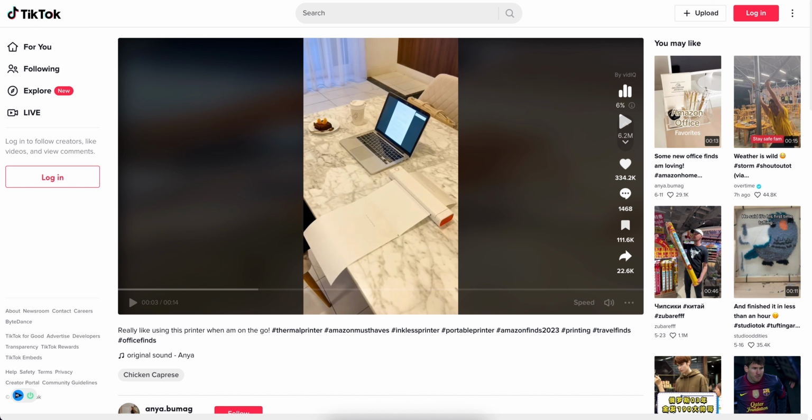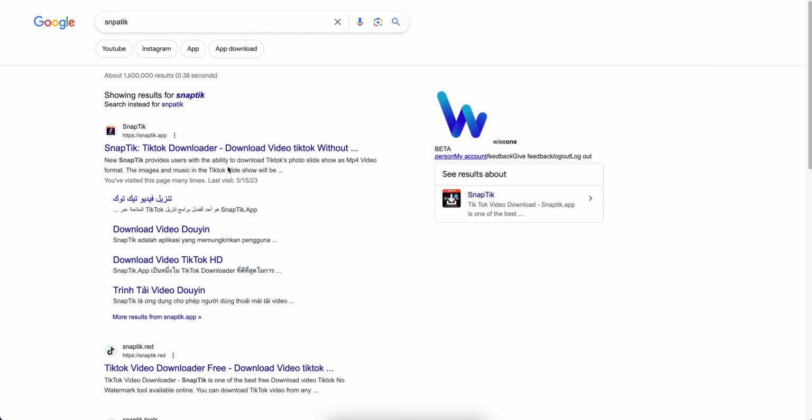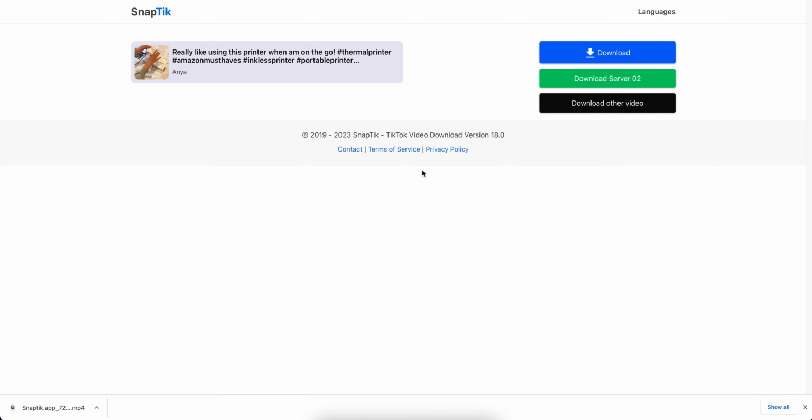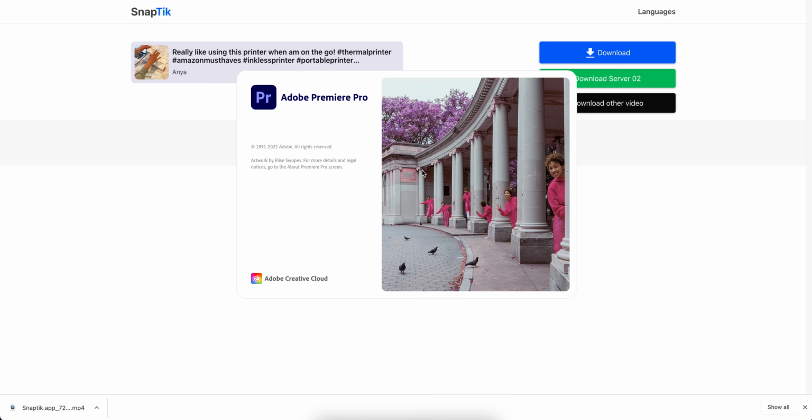What we can do is download a TikTok video. So we go to SnapTik. This is the TikTok video downloader, and we download this video. I'm gonna quickly use Adobe Premiere Pro to make this video 1080 by 1080, but you can definitely use any free video editing software to do this. You don't necessarily need a paid software like Adobe Premiere Pro for that, because I don't want this to be too wide, and I'm gonna do it really quickly and show you how to turn that into a GIF for your